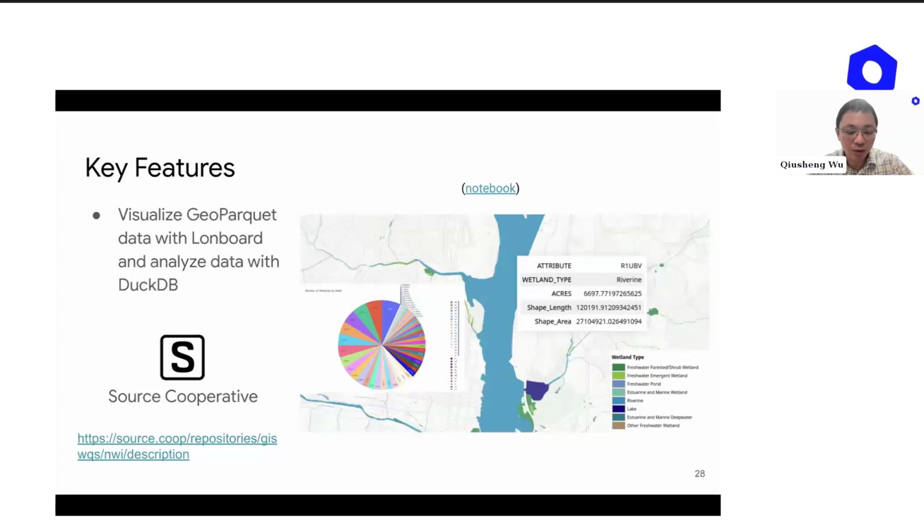And the last one is GeoParquet. Leafmap also supports the visualization of GeoParquet data, and you can also utilize Lonboard, or you can convert GeoParquet to a GeoDataFrame or GeoJSON. Then you can visualize them